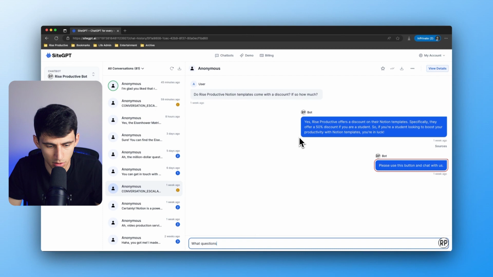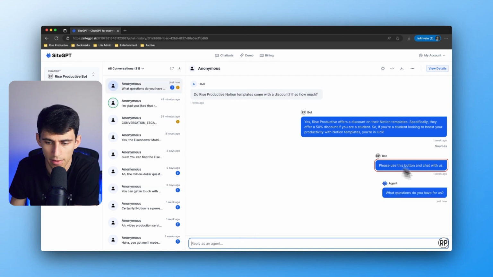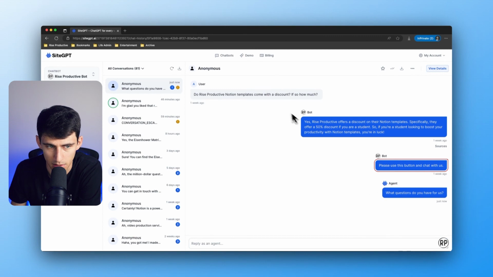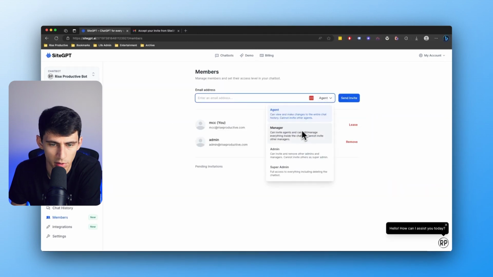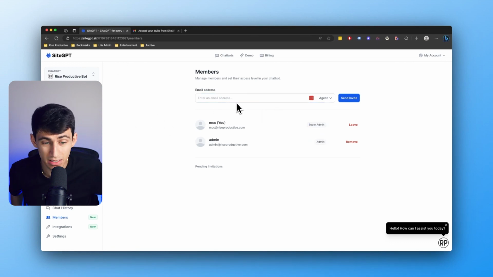What questions do you have for us? And then as the agent, rather than the bot, I'd discuss this with the user. And then as mentioned previously, managers essentially are that tier above agents where they can invite agents and edit things within the chatbot. So this is a very nice set of member types that allow you to have a team